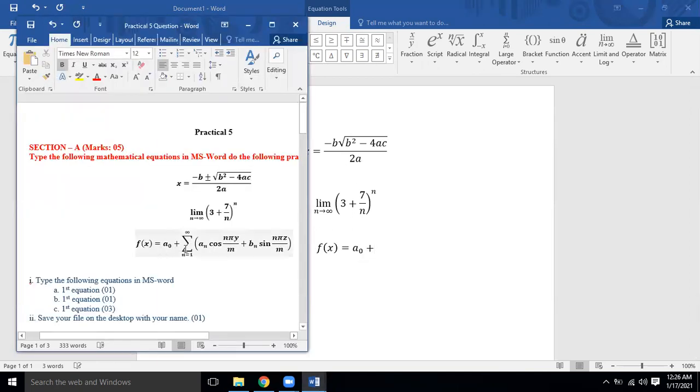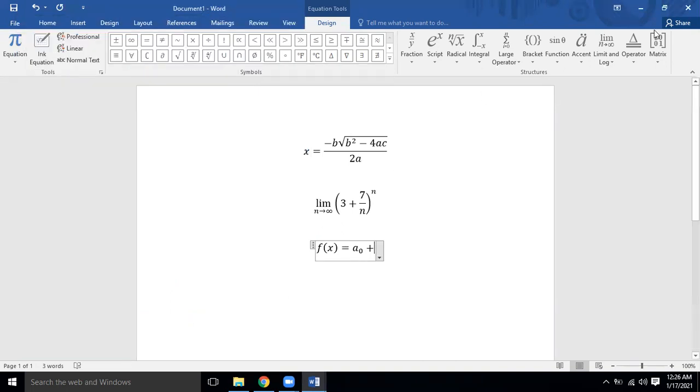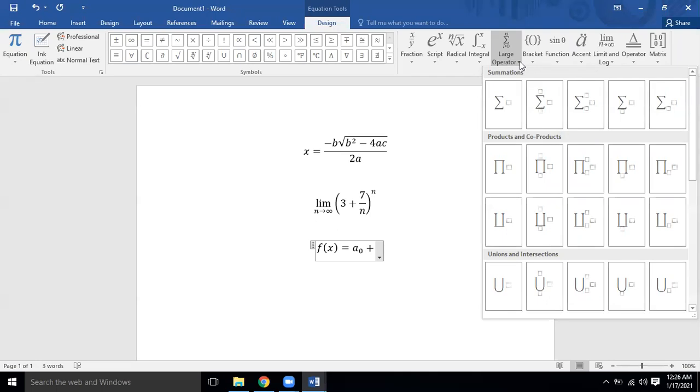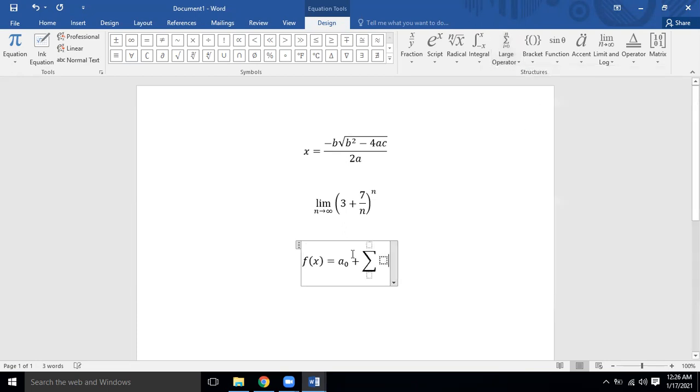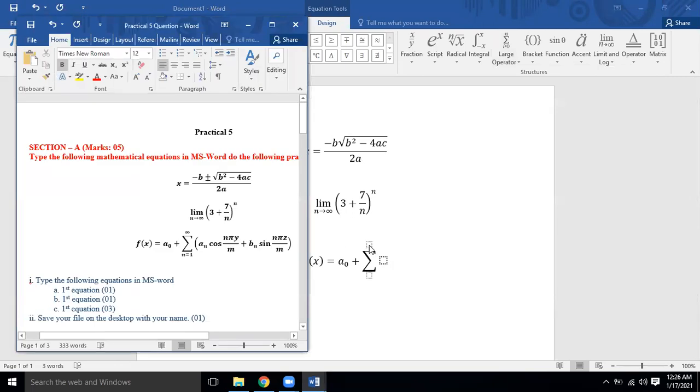Okay, now go to this sign, the summation, n is equal to 1, and on the top there is infinity. I can find out whether the summation option is there. Yes, open it, find the better one which is required, because I need this one. I have to write some things afterwards as well. So I think this one is better. What are the differences? Summation, and it is also summation. So both are similar options. I have taken this. And at the top I have to type infinity.